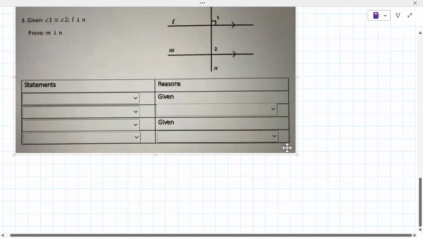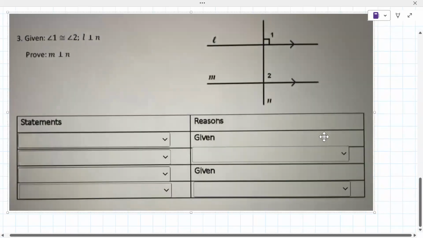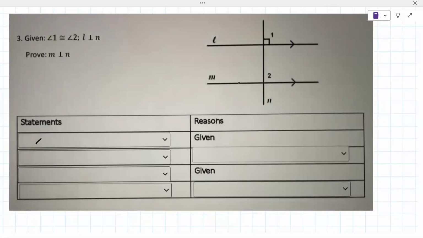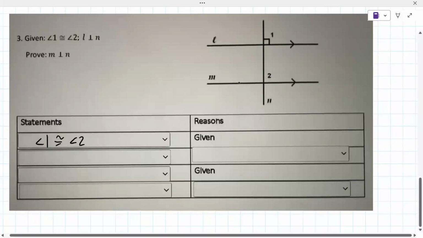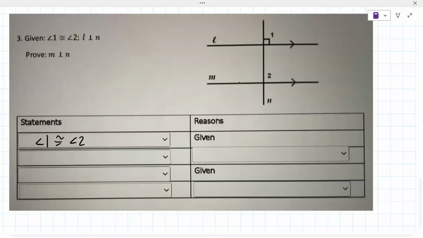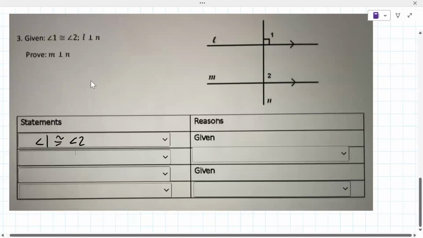Okay. All right, so this is another proof. This one is not as helpful as the last one. You have to supply all the statements. The best thing here, though, I guess, is that there's 2 givens. So you already kind of know that it's going to be angle 1 congruent to angle 2. I guess you know how you know that that's the first one, but we'll just go with that one. We're trying to prove that M is perpendicular to N. Okay, so if angle 1 is congruent to angle 2, and that's given, we know that